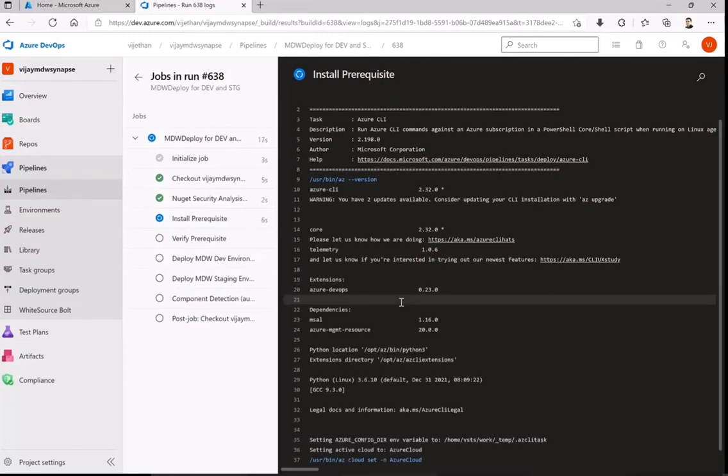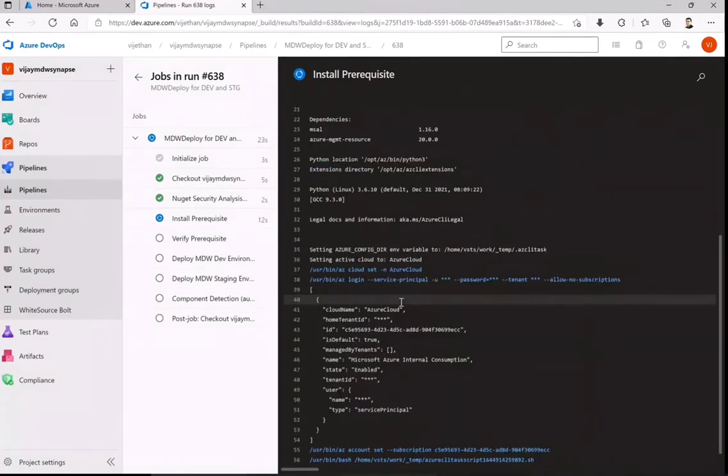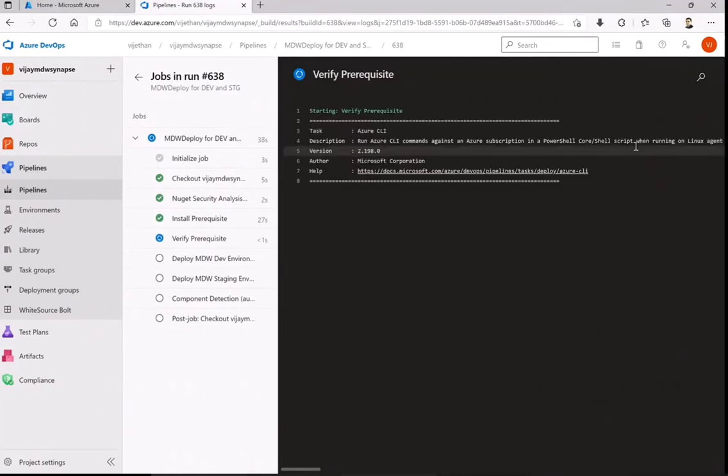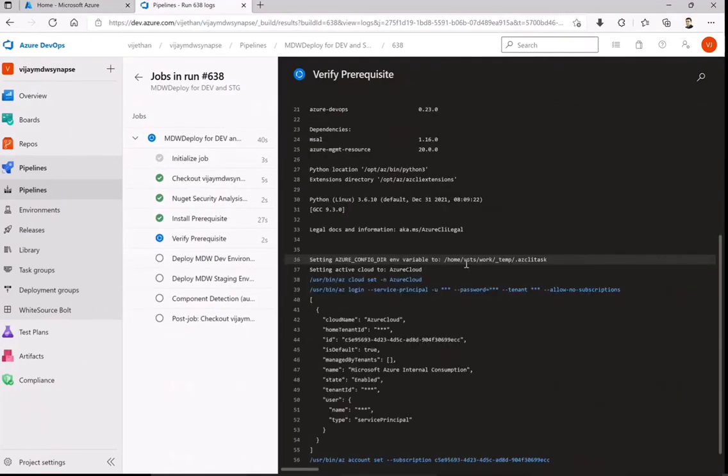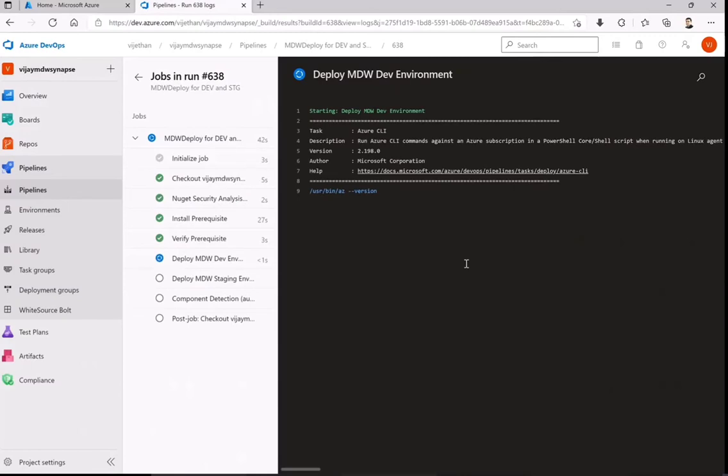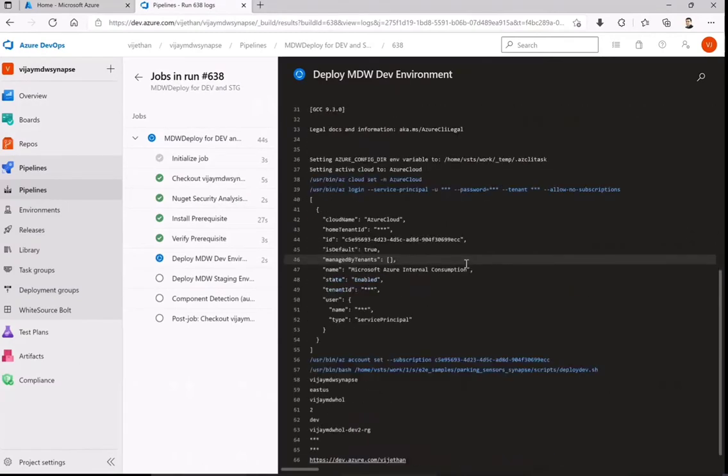Now it is using the inline script which we have given for the App Insights agent installation. This will verify that it is available before it can proceed to the other environment.